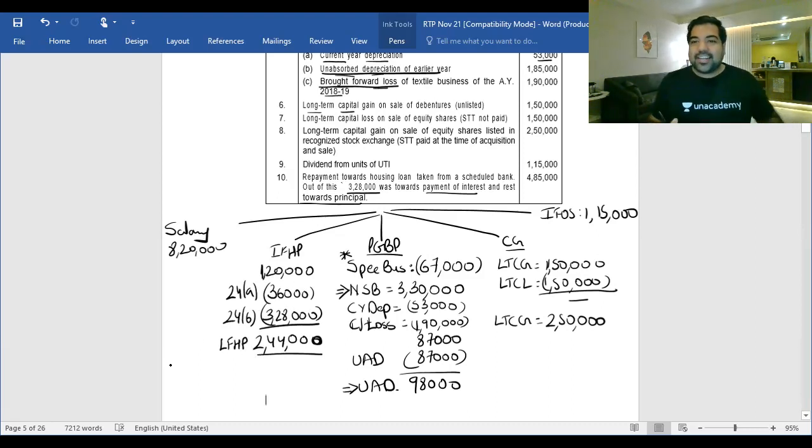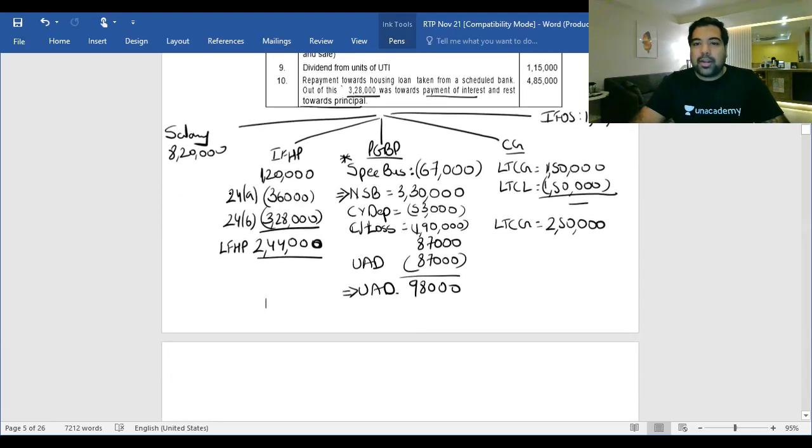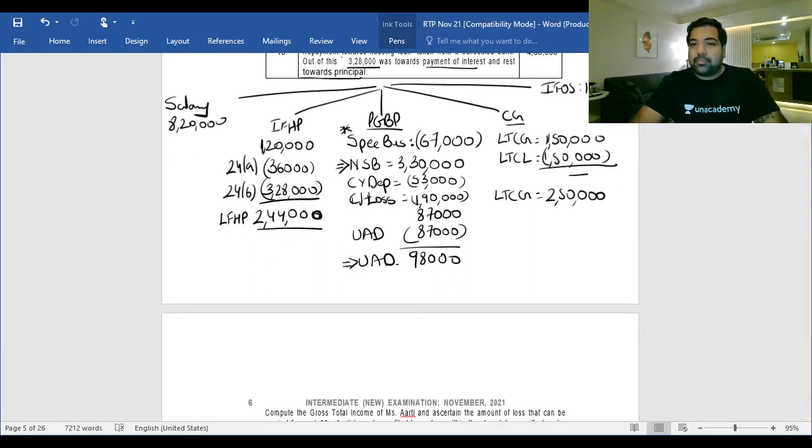Now that the entire stage is set, guys, this is not how you will present it in the exam. You will quickly make this diagram in the exam, and then you will write it in the table format. I'll show you how to write it in the table format also. But right now, we don't need any sum. We just need to solve this.